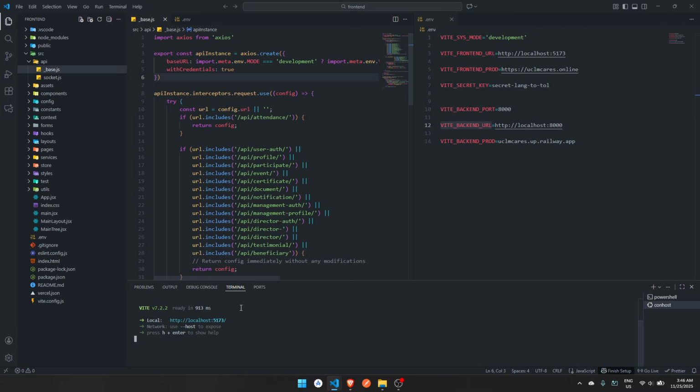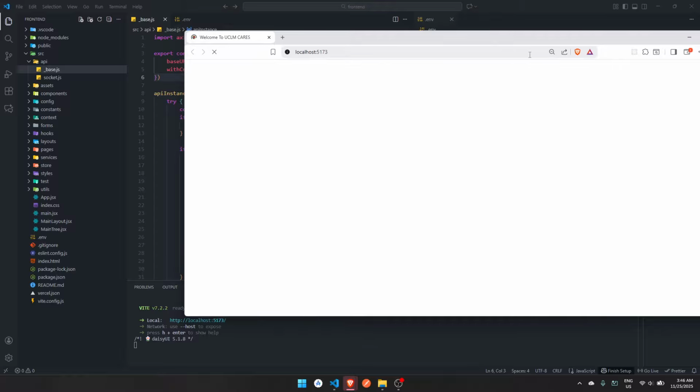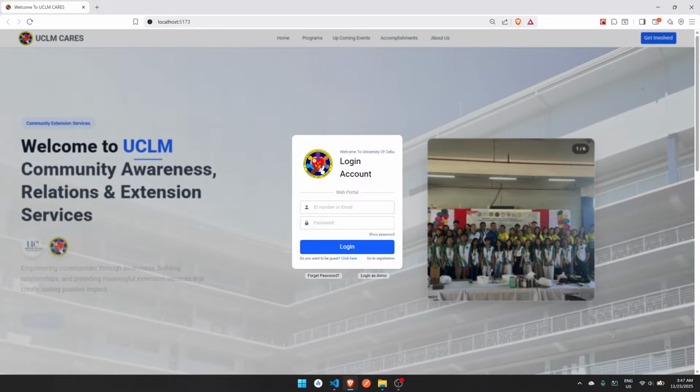Once it is already running, let's click the localhost. As you can see, our localhost page is already loading.